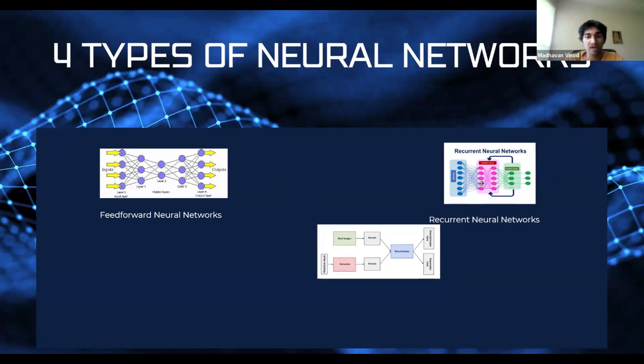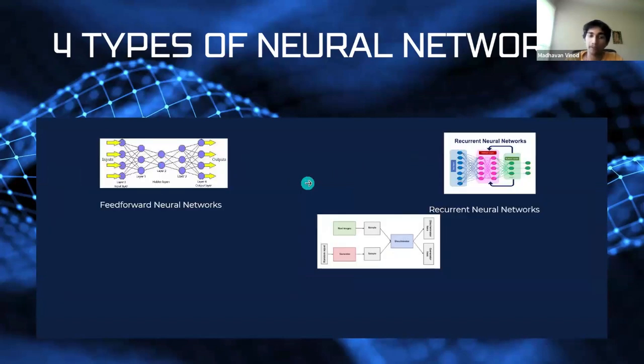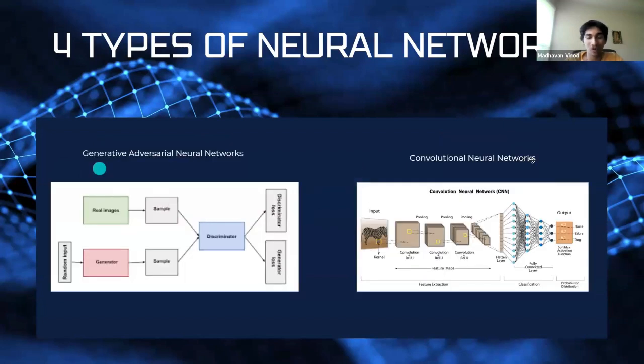So I think these topics are really interesting, especially if you're tech oriented, because these can be really, really cool. Just moving forward, these are two of the most basic neural networks. Then you have two others. And this is where things start to get a little bit more fun, because it isn't just input, whatever happens in between, output. So we have the generative adversarial neural network.